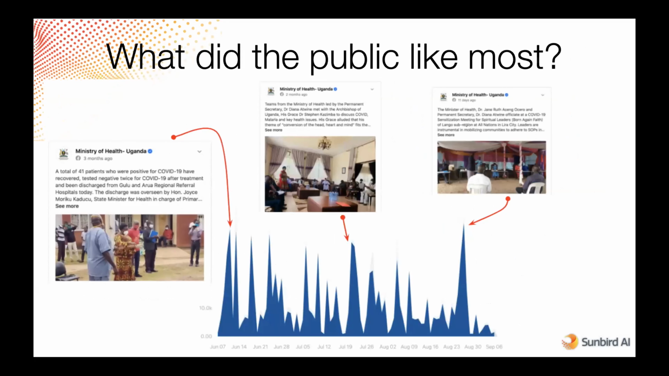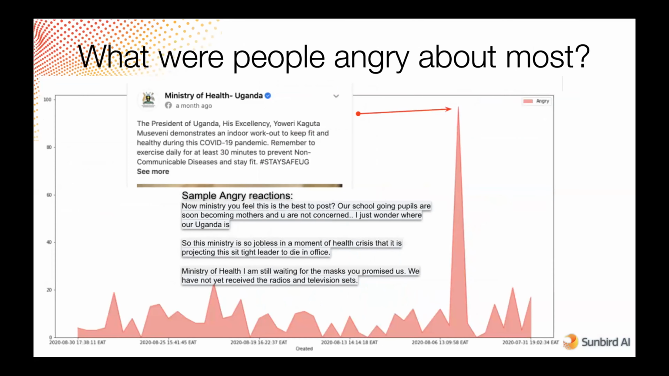For example, given a time series of posts and reactions by the ministry, you find the peaks. What happened at the peaks? This is where most people were commenting or reacting. So what was at the top of those peaks? And so we'd dig out the post, and then go deep and look at some of the comments. So, for example, the post that angered the people most was where His Excellency was demonstrating an indoor workout, and there were several things that were